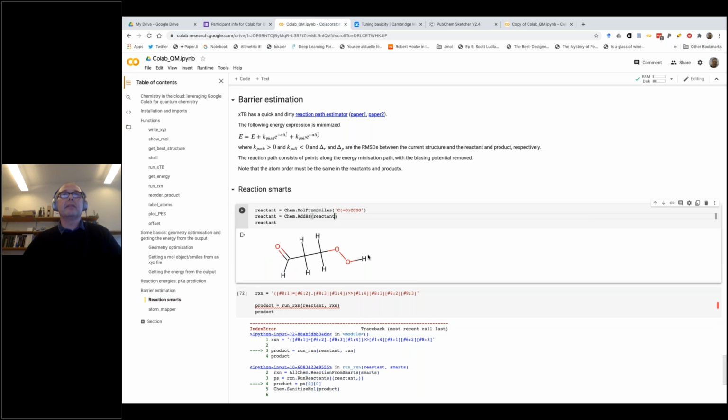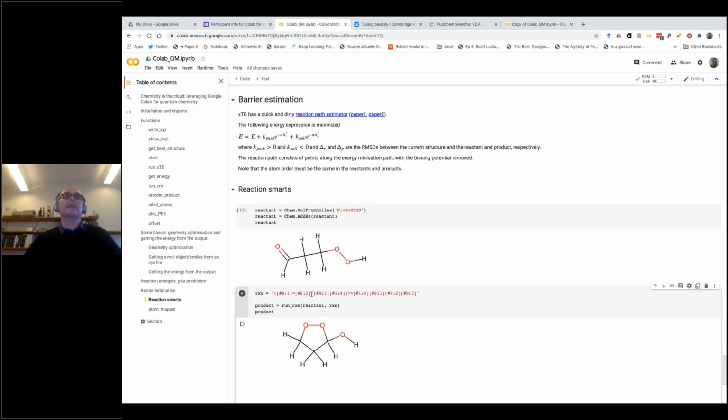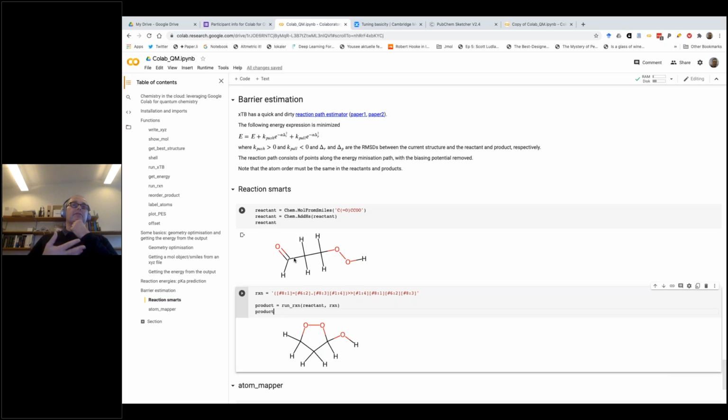Okay, now you can see this looks different now. Before it was sort of red, it was implicitly part of this OH group, and now it's explicitly there. And it needs to be explicit because it's one of the atoms that are actually reacting. Okay, and so you can see it makes the reaction by moving this hydrogen over onto this oxygen and forming a bond here. Now, if you want to find the reaction path for this using an interpolation method,